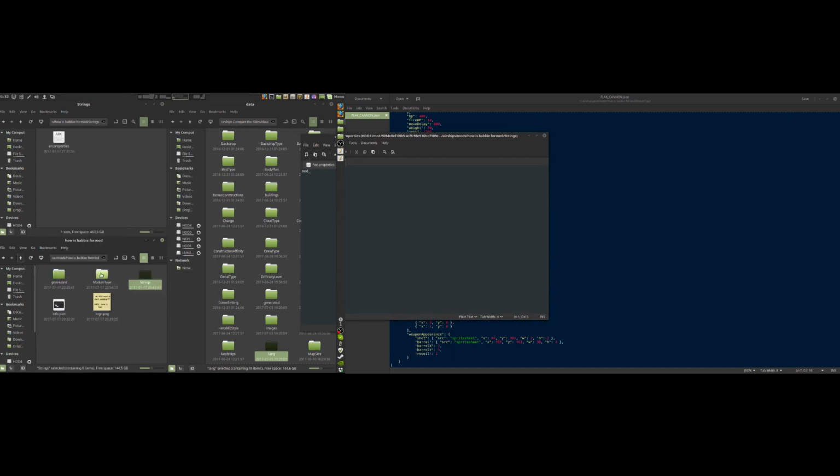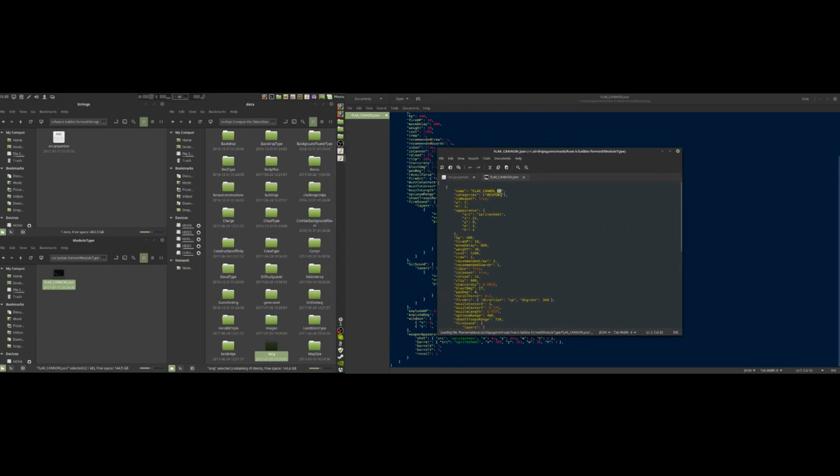So let's say the name of the module is the flag cannon, and the flag cannon CS, and you just have to copy paste them, and then after the equals sign you say what it is, and what comes after will actually appear in the game. It can accept any type of character. If you're wondering about translations, it will accept anything, but you need to make sure that your English is English and your French is French, etc. So let's say up can of flag,